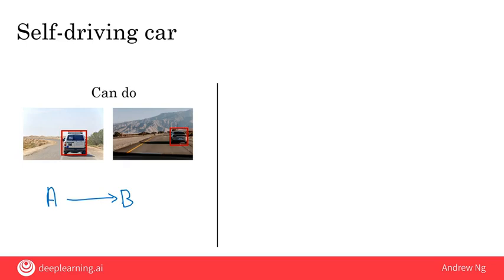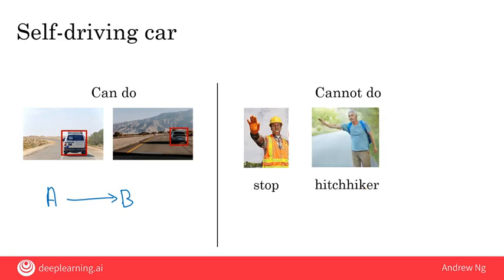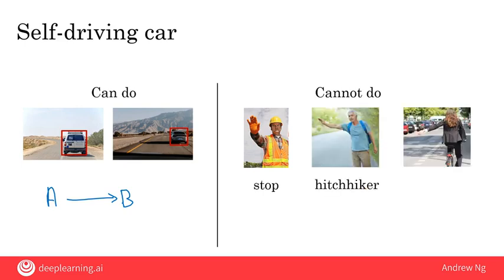So that's what AI today can do. Here's an example of something that today's AI cannot do, or at least would be very difficult using today's AI, which is to input a picture and output the intention, or whatever the human is trying to gesture at your car. So here's a construction worker holding out a hand to ask your car to stop. Here's a hitchhiker trying to wave a car over. Here's a bicyclist raising the left hand to indicate that they want to turn left. And so if you were to try to build a system to learn an A to B mapping, where the input A is a short video of a human gesturing at your car, and the output B is what the intention is or what this person wants, that today is very difficult to do.